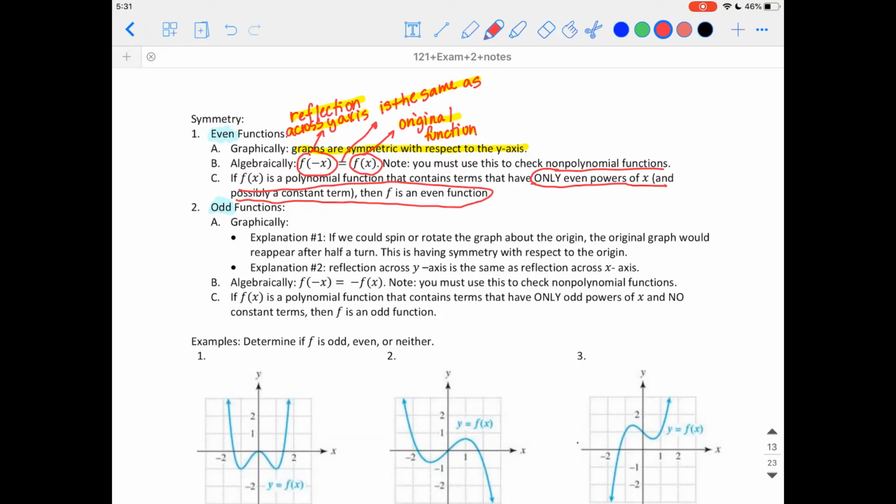So graphically, we have two explanations here. If we could spin or rotate the graph about the origin, the original graph would reappear after half a turn. This is having symmetry with respect to the origin. Explanation number two. I won't be able to do explanation one. If I turn my iPad over, the page will follow me. But technically, if you were to have a graph,